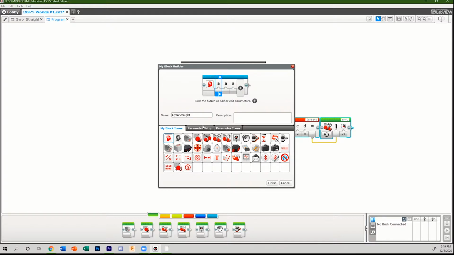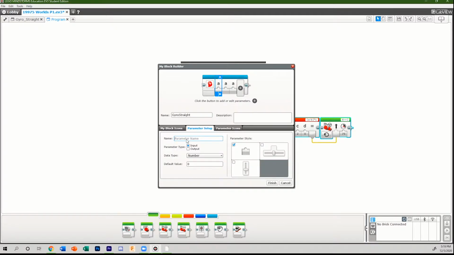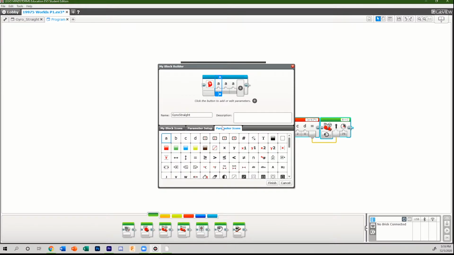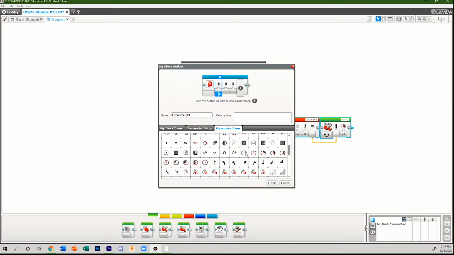This one is going to be called speed or power. You can change it so that it has a slider. You can also change what data type it is. Since speed is a number, we're going to keep that number, and you can choose a specific icon for it. So we're just going to make speed this,